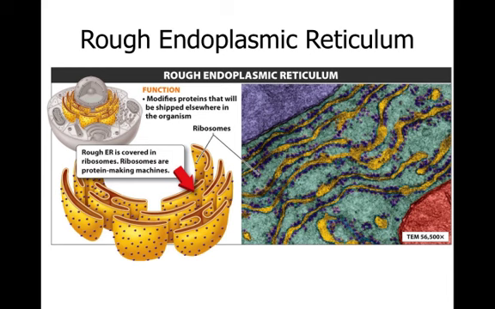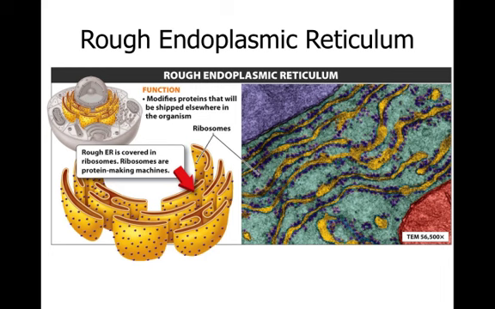So first we'll take a look at our rough endoplasmic reticulum. Again, the function of it is to modify proteins that will be shipped elsewhere in the organism. Remember that our rough endoplasmic reticulum is termed rough because it has ribosomes completely covering it. You can see here in the picture the rough ER, endoplasmic reticulum, is covered in ribosomes. So ribosomes are the protein-making machines. What happens is the ribosome, again, will meet up with our RNA from the nucleus, and it will make